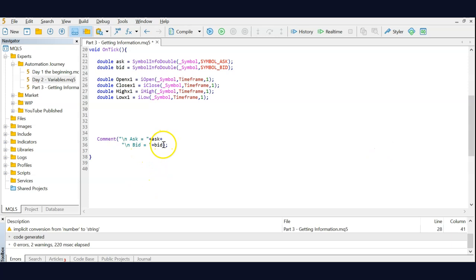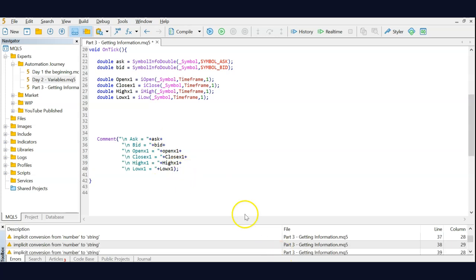So we had plus ask. Now we need to add plus \n, open of the last candle is equals to open x1, and I pause the video to quickly type the rest as well. So we basically went new line, open x1 equals to the open x1 variable, and close x1